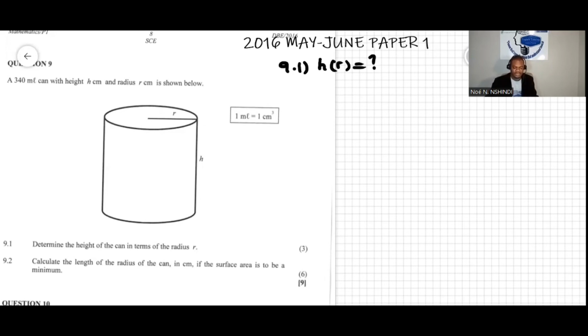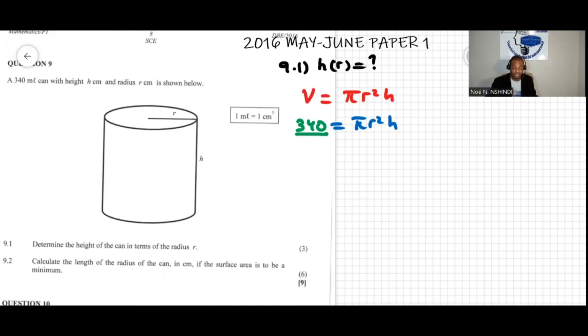The can has the shape of a cylinder, okay, and the volume of the cylinder is given by pi r squared h. Because over here the volume is 340 milliliters, we can substitute it by 340. So 340 equals pi r squared h. And if I need to find h, I can just divide both sides by